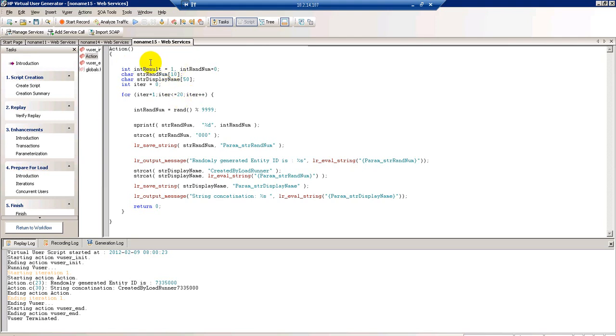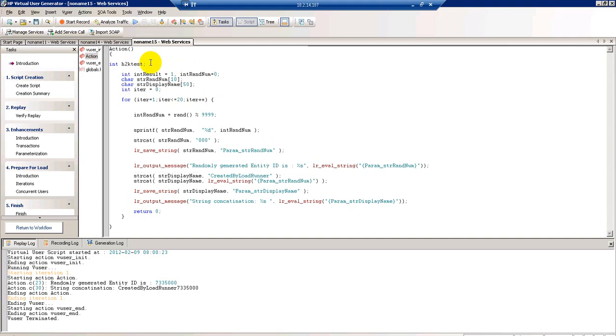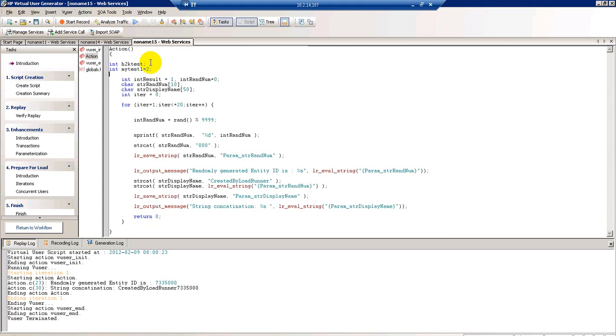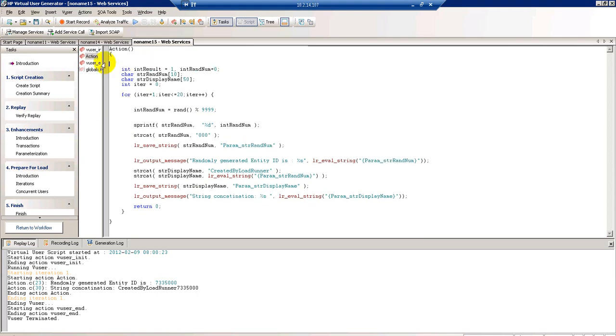You can also declare simply int H2K test semicolon, right? That is also you can do. Int my test1 equal to 4. You can give some default number, or you can declare without any default number. Okay, so I'm just assigning some number 1 and another variable called int random equal to 0. I separated with comma, so I can declare multiple names with the int data type. At the end of the statement, we have to terminate with a semicolon. Each line should terminate with a semicolon. See, like this. So that is the C syntax.